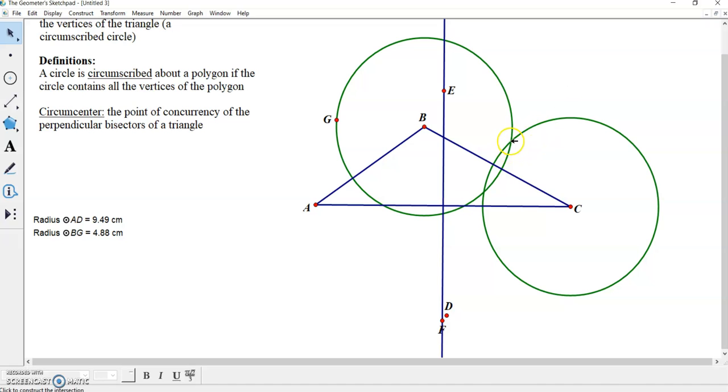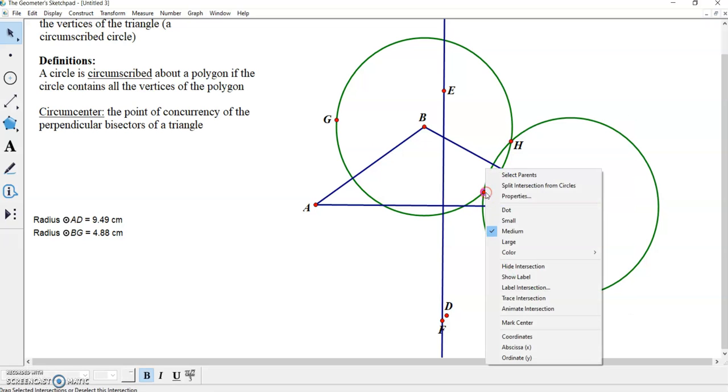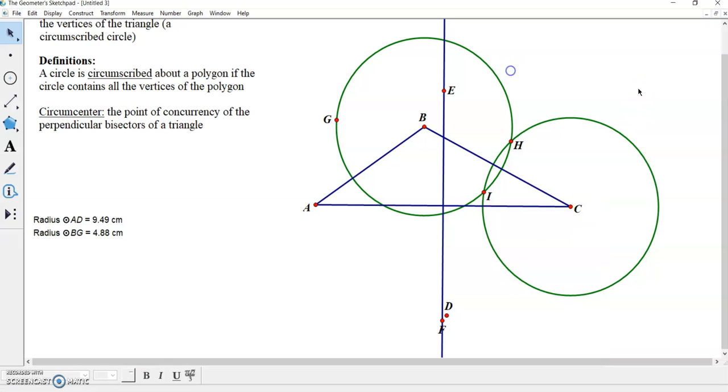So now I want to label those 2 points of intersection. So I'm going to highlight, both circles are highlighted red, so that means that is the intersection point, and likewise down here. Now I'm going to right click each of these points so that I have a clear label for each of them. And these labels just help us keep everything straight as we're going through this construction. So now the last piece is to connect H and I to form that line and that perpendicular